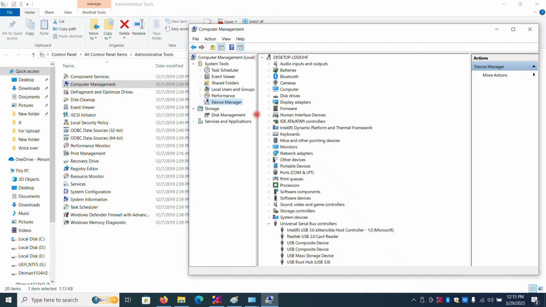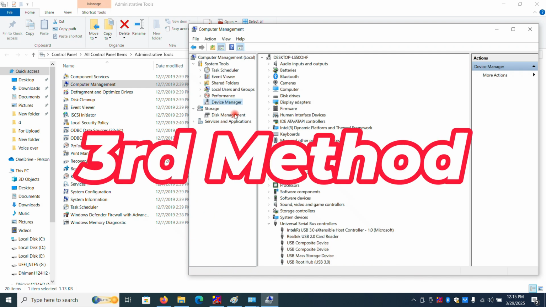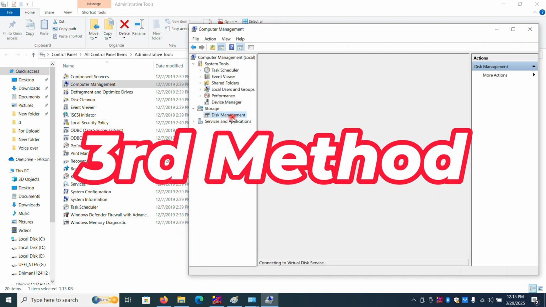After that, click the Disk Management option. We are going for the third method. Click Disk Management